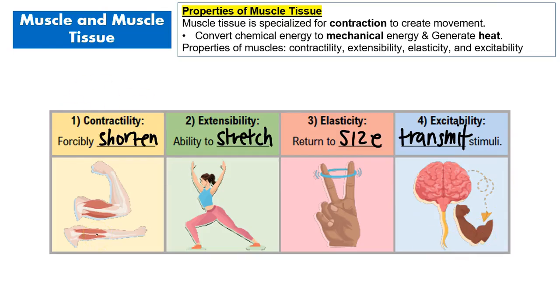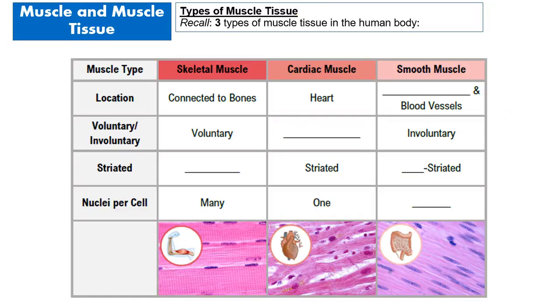Now let's go back and actually start talking about different types of muscle tissue. And of course, that means we're going to be talking about skeletal muscle tissue, cardiac muscle tissue, and smooth muscle. So there are 3 types of muscle tissue in the body, like I just said: skeletal muscle, cardiac muscle, and smooth muscle. Our focus, of course, is going to be skeletal muscle, and that's the one we're going to be